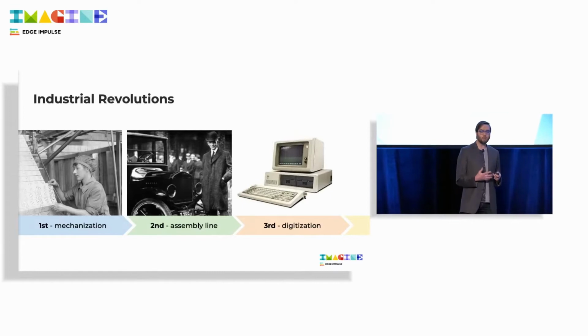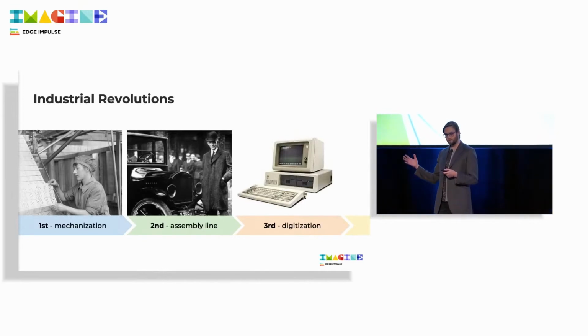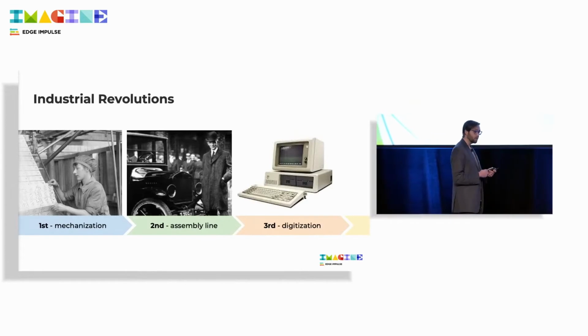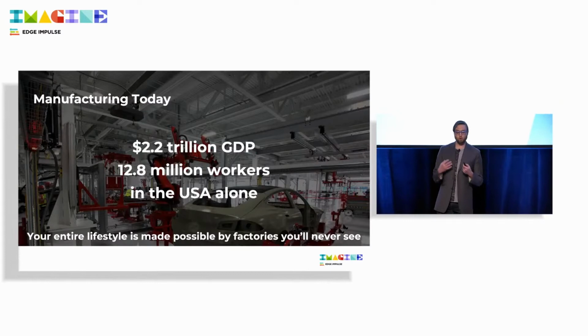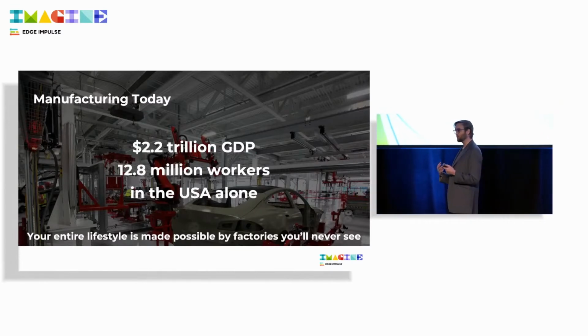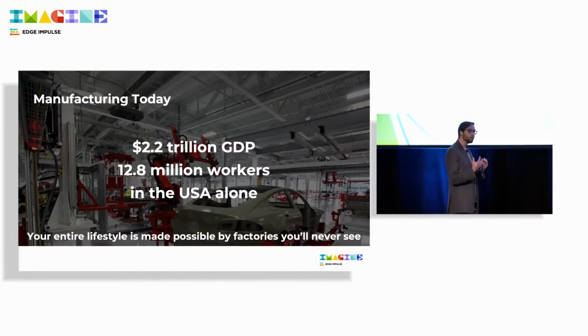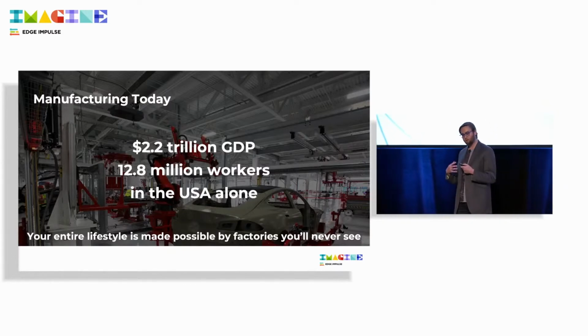And I know that there's a lot of hand-wringing out there about how we don't make anything in this country anymore, and everything's been outsourced overseas. But the truth of the matter is, the United States today is still, in fact, a manufacturing powerhouse. We make over $2.2 trillion worth of goods on an annual basis, employing nearly 13 million people, scattered across over 300,000 factories. And the types of things that we're able to produce here are powered by technology.